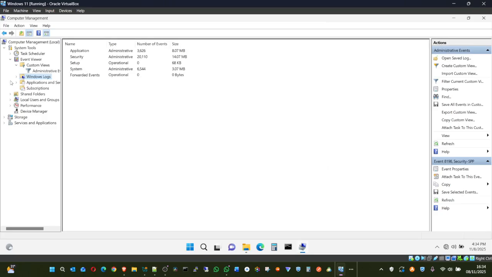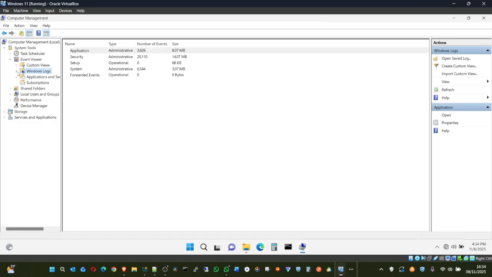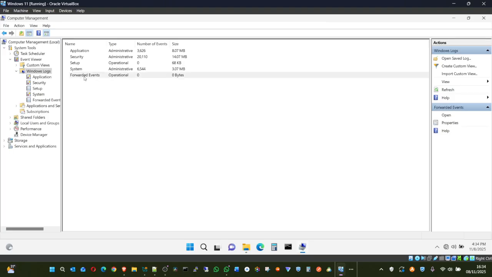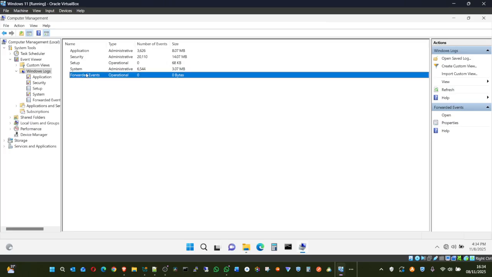Let's go to Windows Logs. This is where we have some other stuff. In Windows Logs, we have Application, Security, Setup, System, and Forwarded Events. The one I was talking about is Forwarded Events, forwarding events to a syslog server. So every event that comes to this system, I can forward it to a new server, such that even if the system crashes or whatever, all those things that happened before it crashed or an application was installed, the traces are captured.